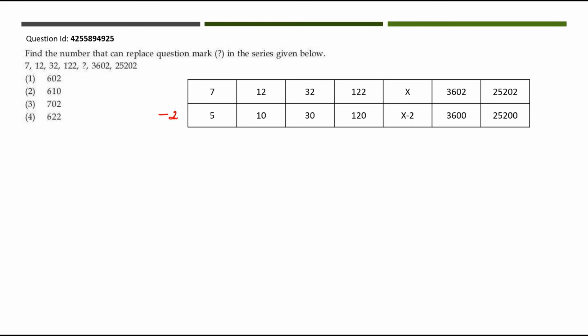Now I think you will be able to find what kind of pattern it is following. 5 into 2 will give you 10, 10 into 3 will give you 30, 30 into 4 will give you 120, 120 into 5 will give you 600, 600 into 6 will give you 3600, 3600 into 7 will give you 25200. So from here we can find x minus 2 is equal to 600,